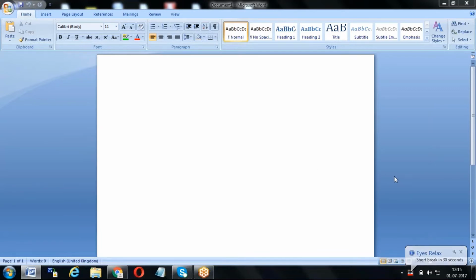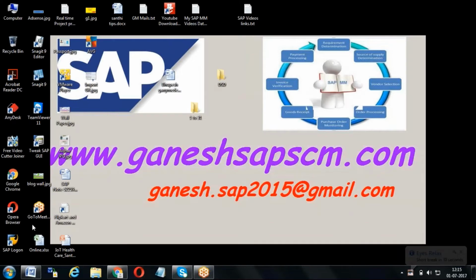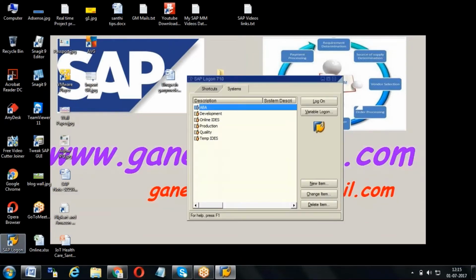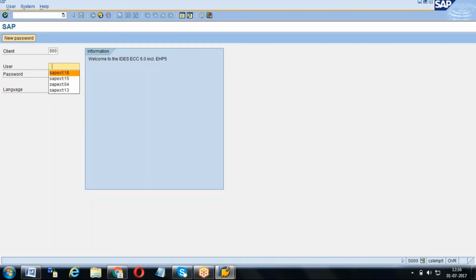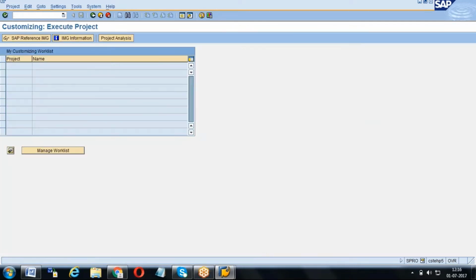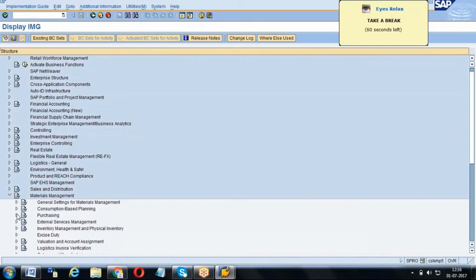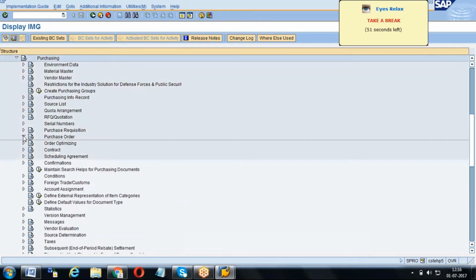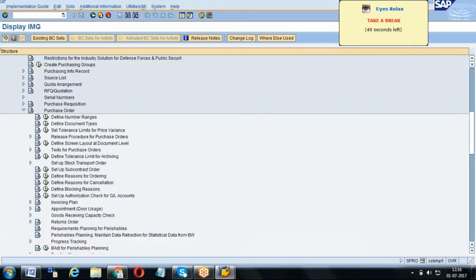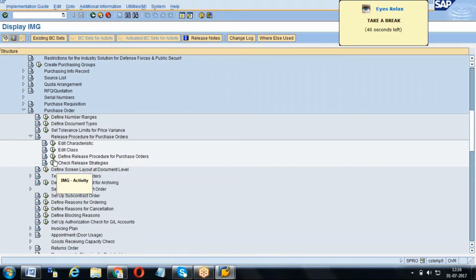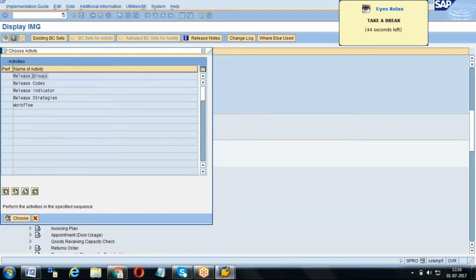For the purchase order release procedure, we can assign only one class. We can have multiple release groups, but the class will be only one. SAP has given that we can have only one release class for a release procedure. We cannot have multiple release classes. That's why you can create multiple release groups, but you should assign only one class. In the IDES system, when you are practicing, if somebody has already created a class and assigned it, then either you should use the same class which is assigned by him, or else we need to delete it. There is no other option.